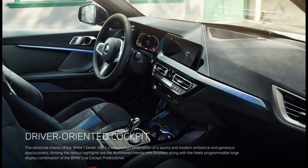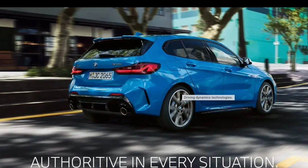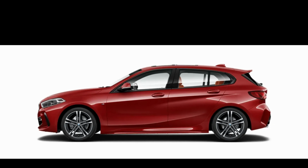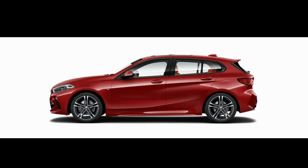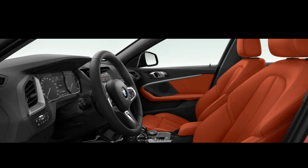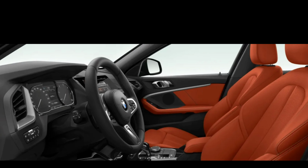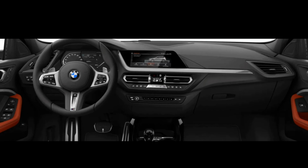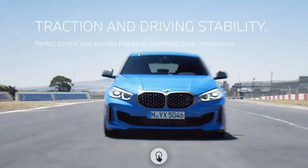But first, let's talk about its design. Dahil front-wheel drive na itong bagong BMW 1 Series, hindi na niya kailangan ng mahabang hood, because front-wheel drive cars usually have their engines mounted transversely. The short hood isn't what you would normally expect in a BMW, but the all-new 1 Series still looks good